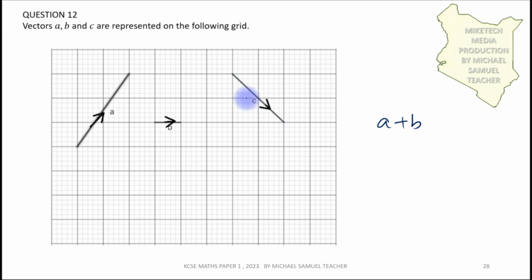That means there is a movement in the x direction of 2 steps, and in the y direction 2 steps downwards, and